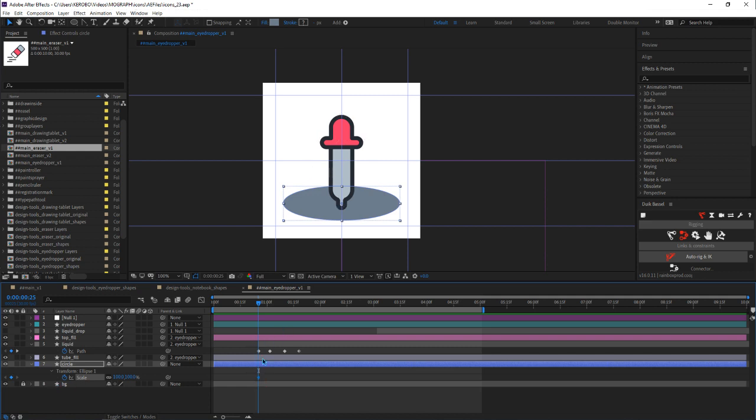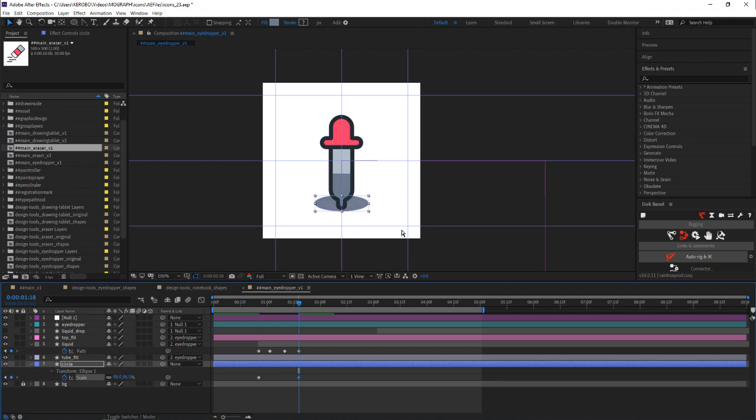So I'll keep it at 100% up until the liquid layer, until the path starts to animate. And then when we get to that final keyframe for the liquid path, I'm going to either,